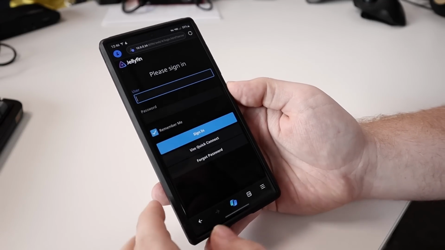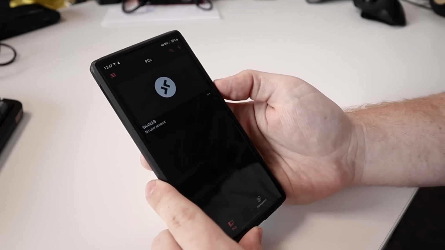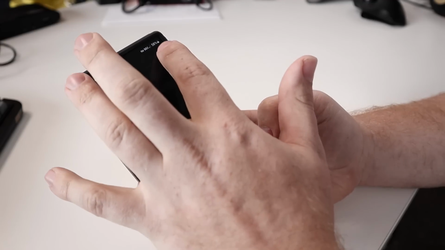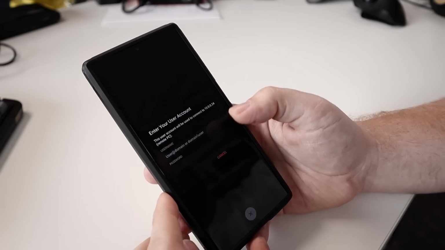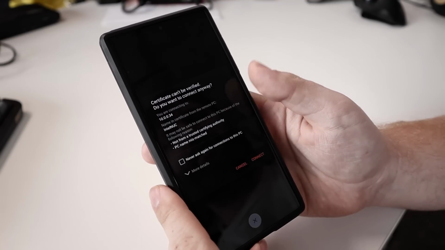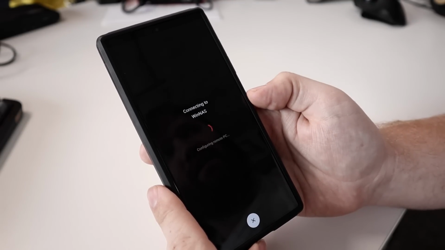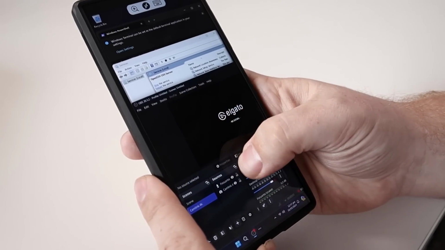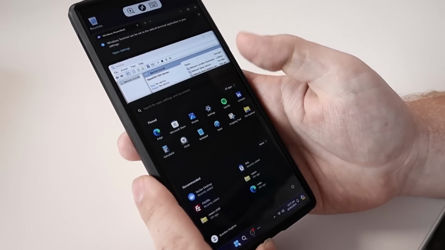And next we have our RD client, which is the remote desktop client. I'm going to have to edit this real quick. 34, save. And if I go ahead and try to access this, it is going to prompt me for my information. It has a connection. It's asking us if we want to verify this certificate. And there we go, we have remote connection, and you can see we can mess around with just about anything in our new Windows NAS.